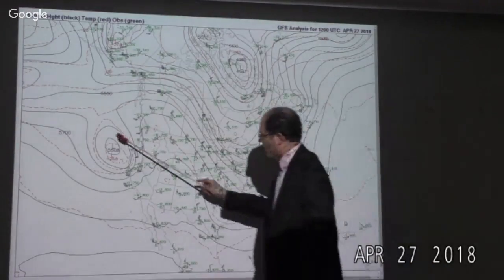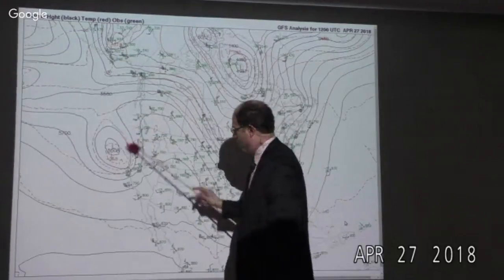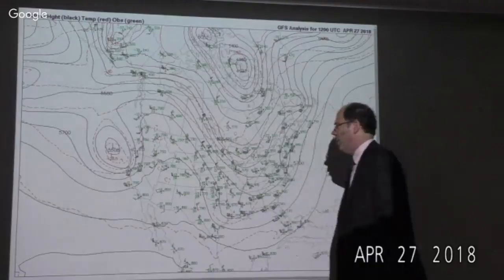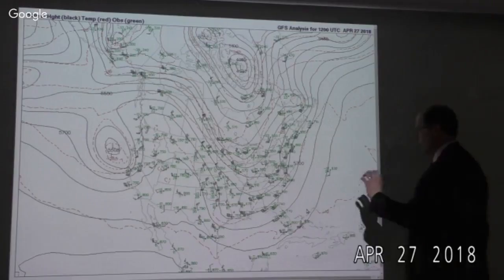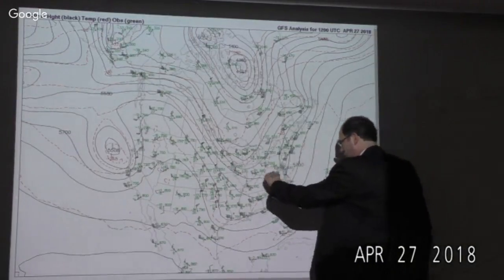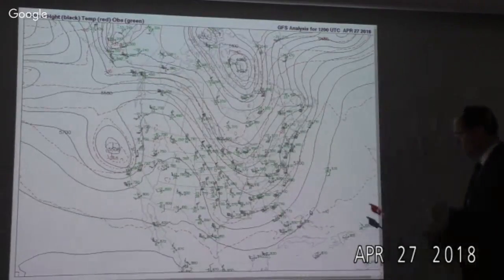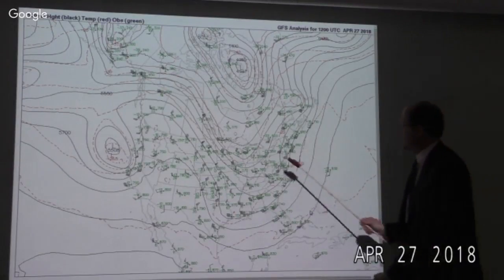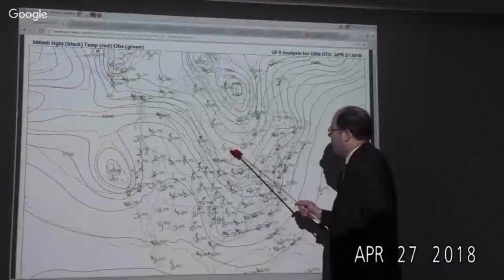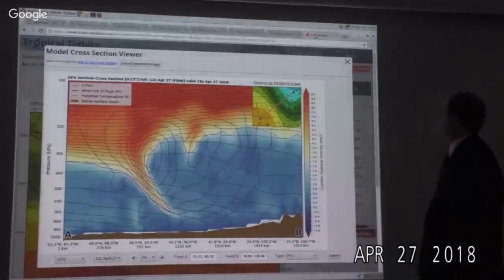And here's the upper disturbance that's crashing onto the west coast and dragging those clouds off of the continent to the west at the latitude of Oregon. And so that's a couple of the disturbances that are broadly affecting us in the United States. And here's finally one little short wave over the DC area this morning at 12Z, and it's down shear of that where we had the most well-organized precipitation that's now affecting New England and the states in the northeastern part of the country. So let's go to tropical and take a look at a cross-section sort of right through that feature, and then we'll do some other diagnosis.